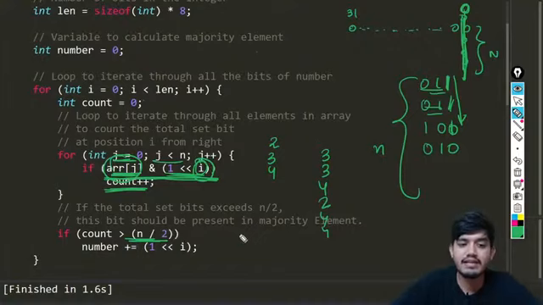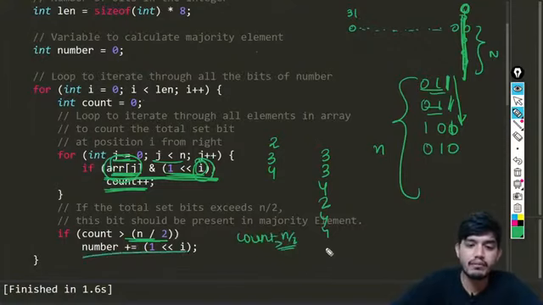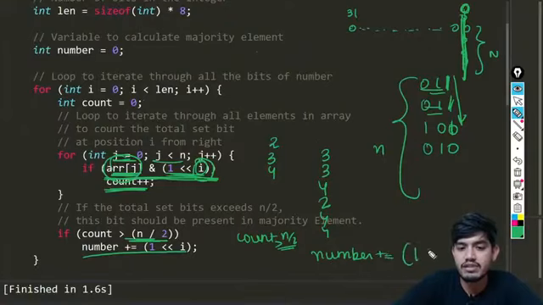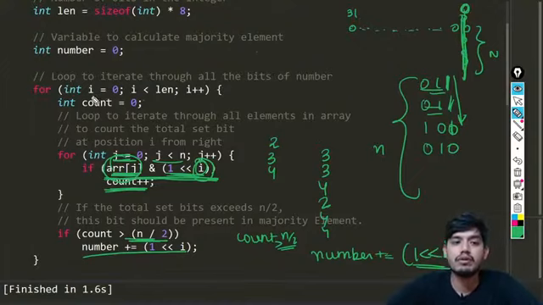So you can see we are just checking that if count is greater than n by 2, then I'm just going to be adding to our number. So number is nothing but plus equals to 1 shifted I times. Okay, so this is basically the item. So here we have I equals to 0, I less than n, right? So for 0 we are going to be updating. For example in this case, for the 4 was not going to be coming the total number of elements.